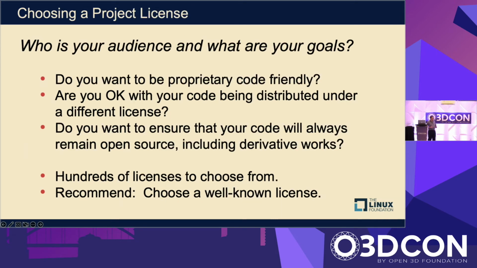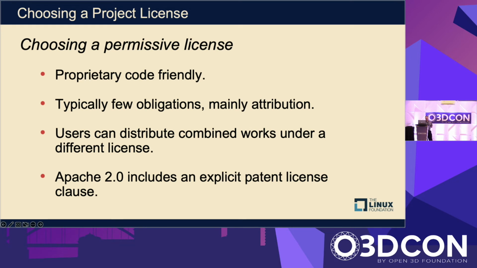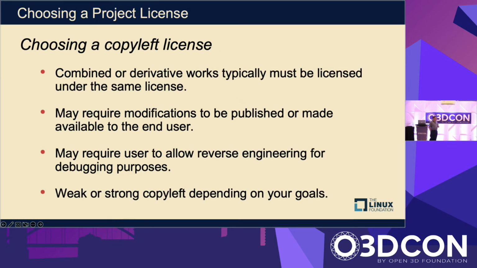Choosing a project license, you want to think about your goals. I'm going to move a bit quickly because I want to show an example. In this case, if you're a contributor to Open3D Engine, you're not choosing the license, it's already there. But if you're creating your own project, there are things to consider when you're choosing a project license. There are advantages to choosing a permissive license, especially if you want to play well with proprietary code or commercial companies and let them use it. Those are things to consider. Choosing a copyleft license is also a perfectly good option. It depends on your use case and where you want the code to go in the future.